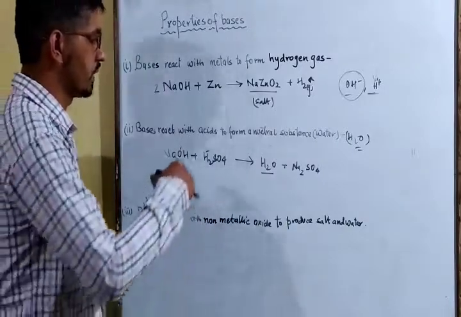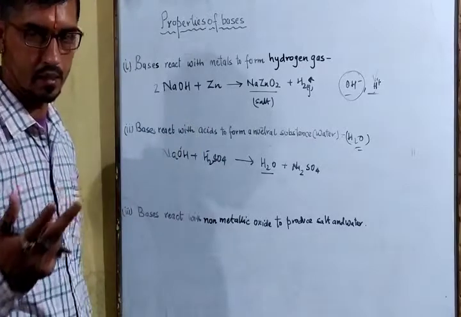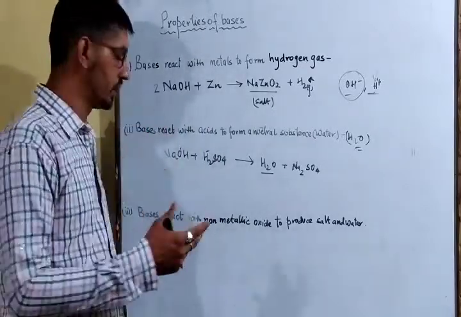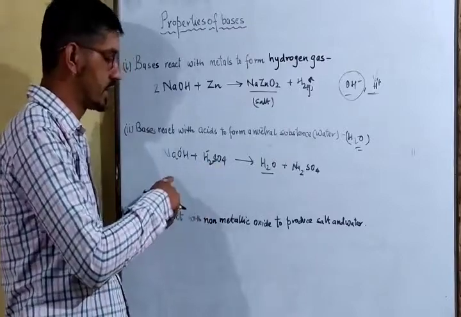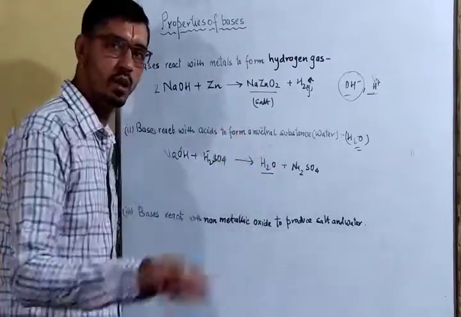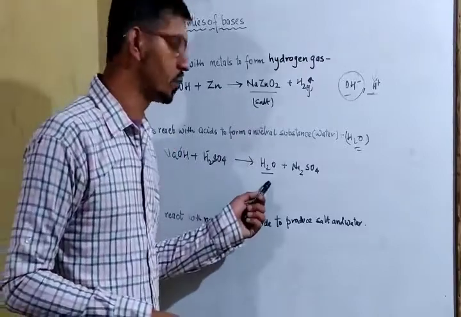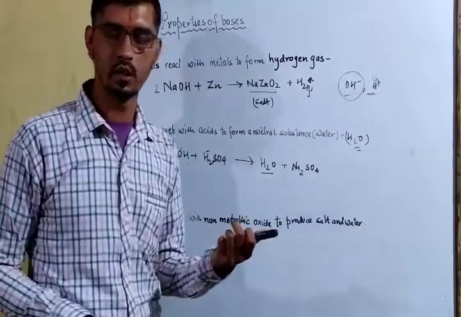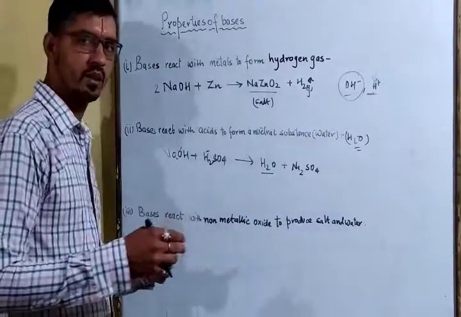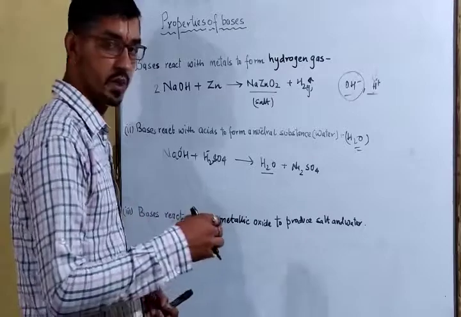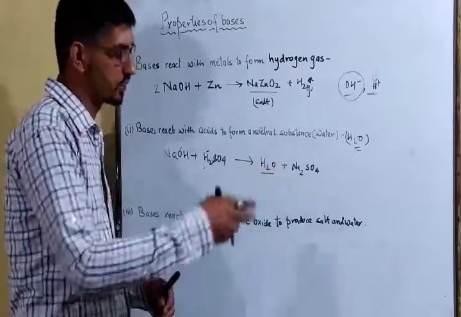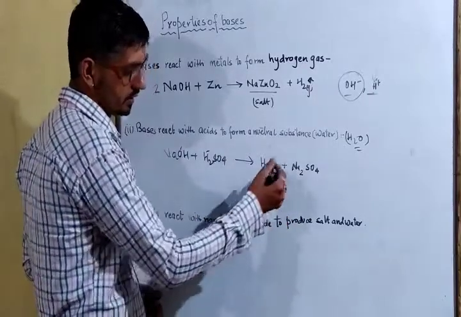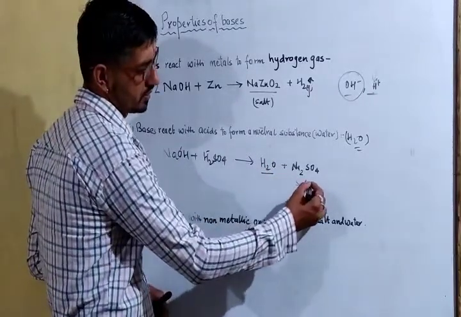How to make a neutralization reaction equation? It is very easy to remember. When acid is there and base is there, you just have to take out water from it. And what will be left? This will be known as salt. And we know that the reaction of an acid and a base produces only salt and water. Only salt and water. It is water and it is the salt of sodium.